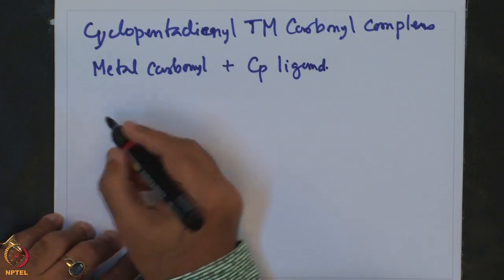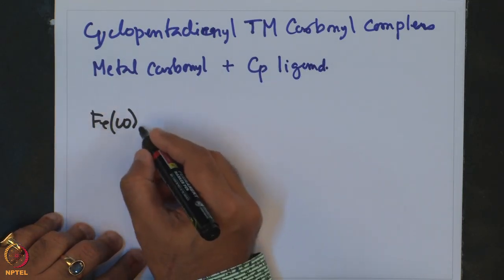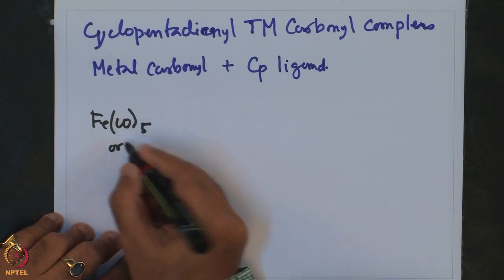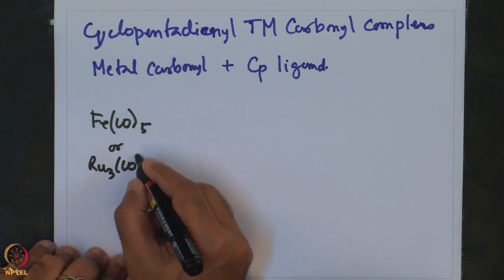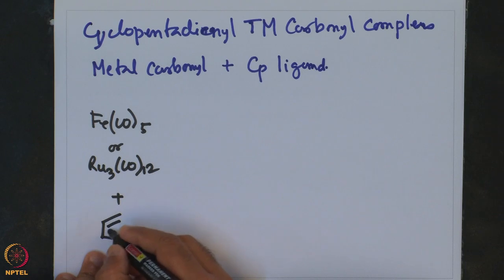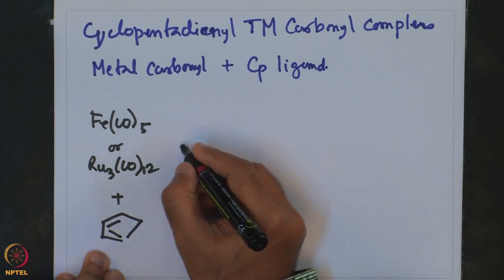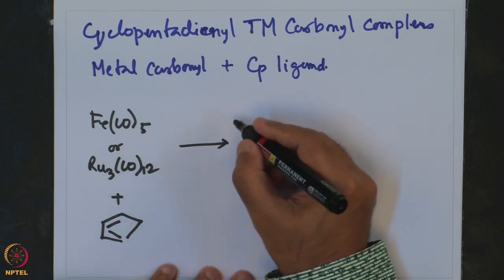This is illustrated by the reaction of Fe(CO)5 or ruthenium Ru3(CO)12 and cyclopentadiene, giving the cyclopentadiene complex